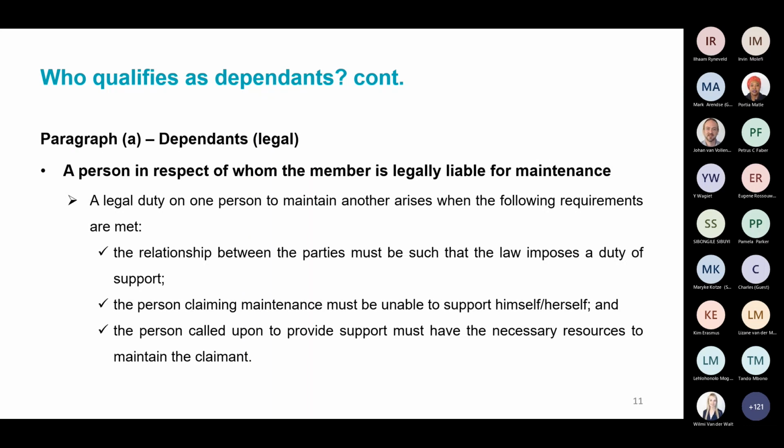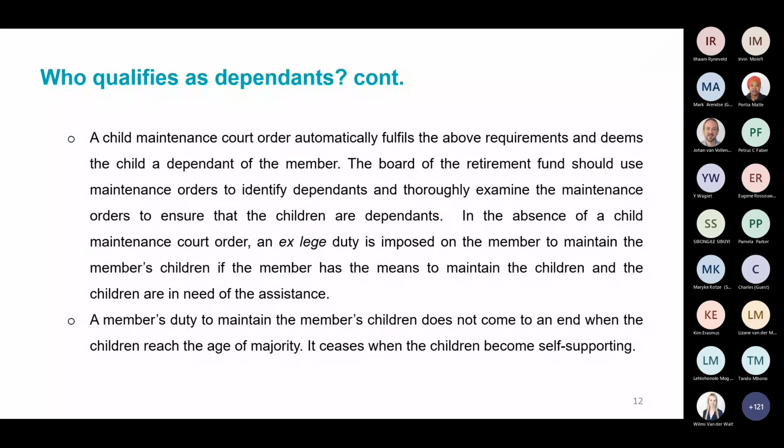A child maintenance court order automatically fulfills the above requirements and deems the child a dependent of the member. It is therefore important that the board should use these maintenance orders to identify dependents, and they should also thoroughly examine the maintenance orders to ensure that the children are dependents. In the absence of a child maintenance order,